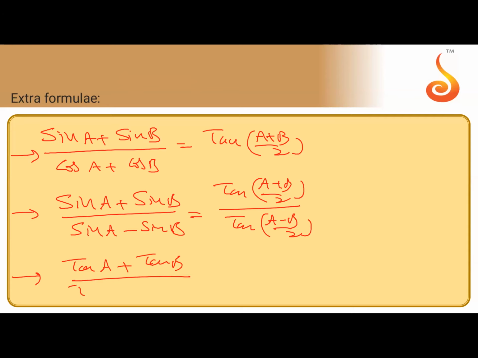(tan A + tan B)/(tan A - tan B) will be sin(A+B)/sin(A-B). If you convert into sin and cos, you get sin A/cos A plus sin B/cos B, and sin A/cos A minus sin B/cos B. Apply the LCM: the numerator is sin A cos B + cos A sin B, that is sin(A+B). Same for the other: sin A cos B - cos A sin B, that is sin(A-B). So basically you have to apply the transformation. For some lengthy problems, you can take the formula directly.